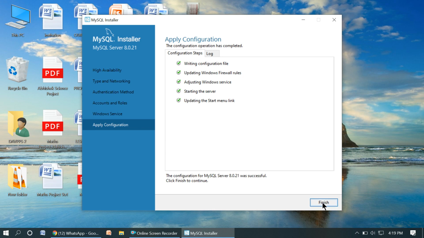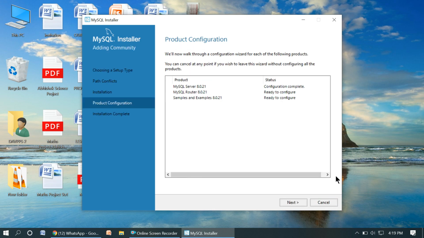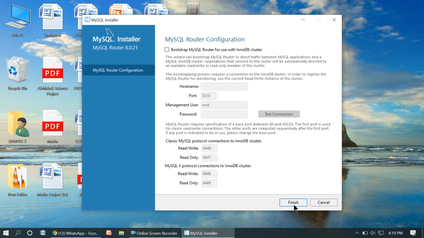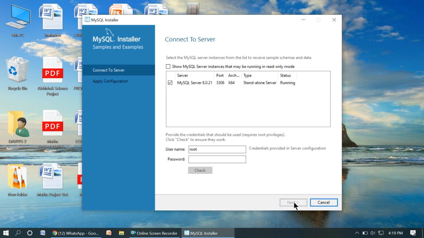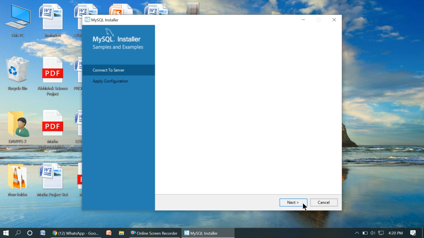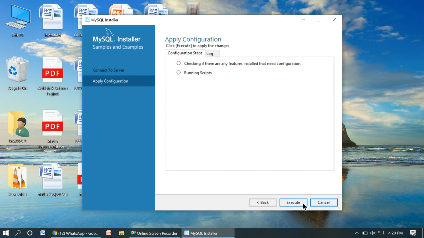It's done. Now finish. Right, after clicking on finish, again we are seeing next, which means it will carry out the same process one by one for these three. Finish. Right, again next. Now the password, again it is asking. Username root we have kept, we have not changed it. And then 1 2 3 4, again check, the tick has come. Now next.